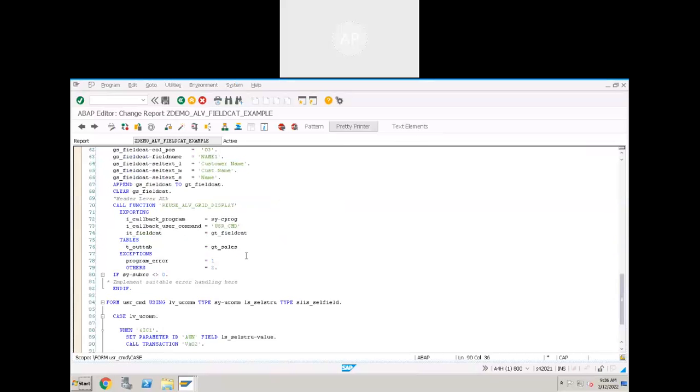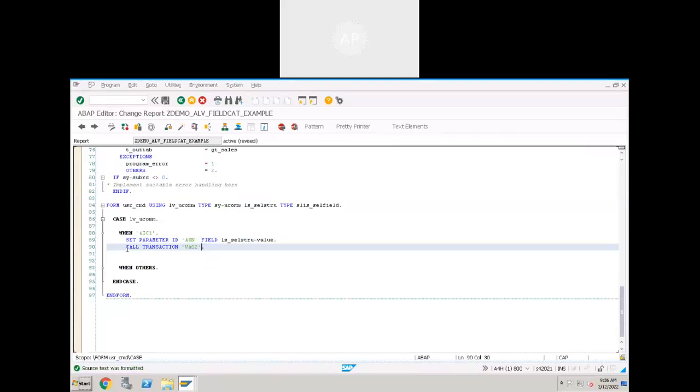Then here, call transaction VA02 and skip first screen. Okay. Now activate the program. So we are setting the default value to the